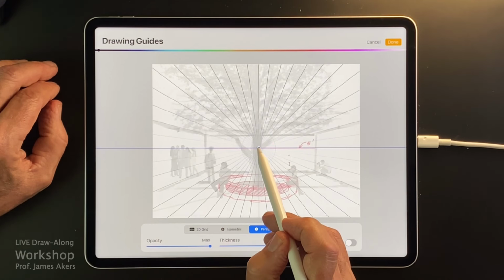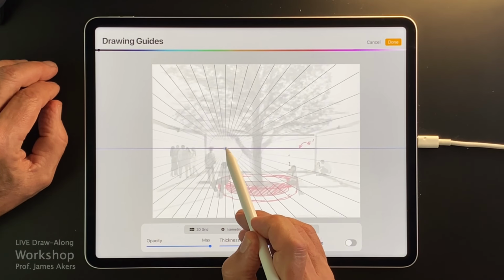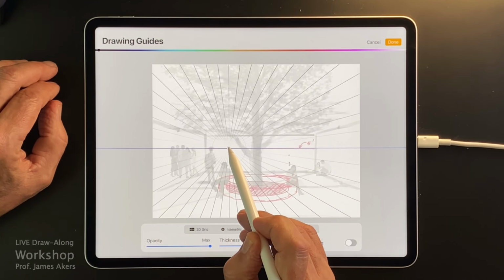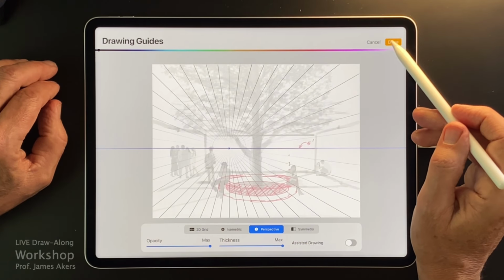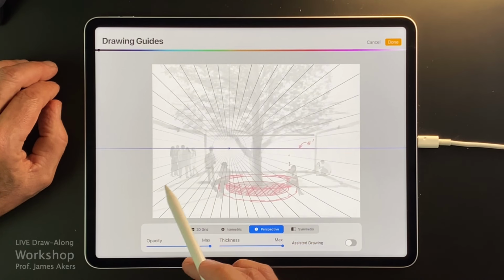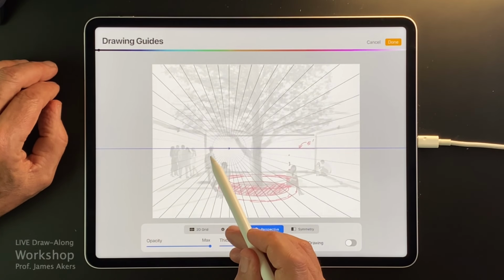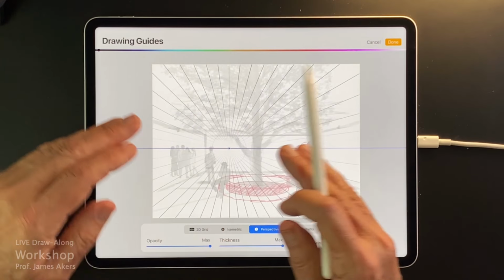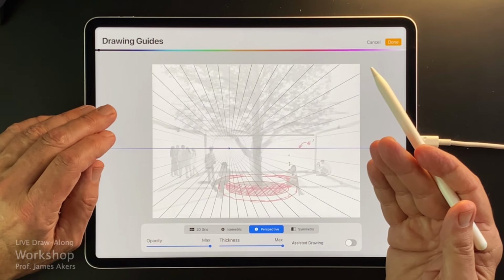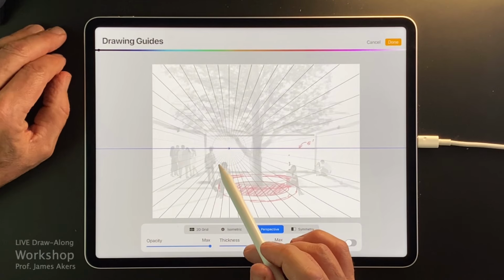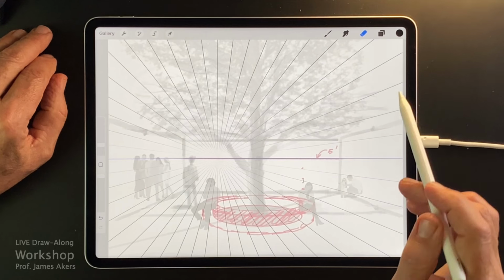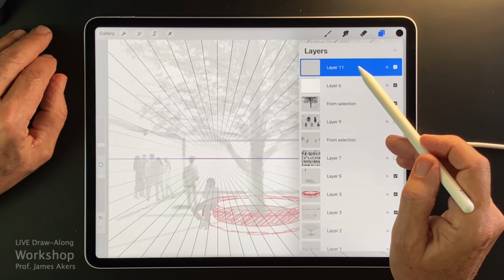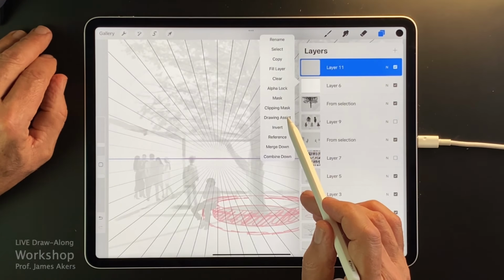But if I put that line off to the side and I'm holding down this dot until it frees up, if I put that line off to the side, you can see it creates a very different kind of aesthetic. So that would be a little more dynamic because we'd be a little bit more on this pathway leading to the building, and the courtyard would be a little more open off to this side. And let's just do that for the sake of making this as fresh as possible. So I'm going to say that's acceptable, and I'm going to go back into my layer, and I'm going to activate Drawing Assist.